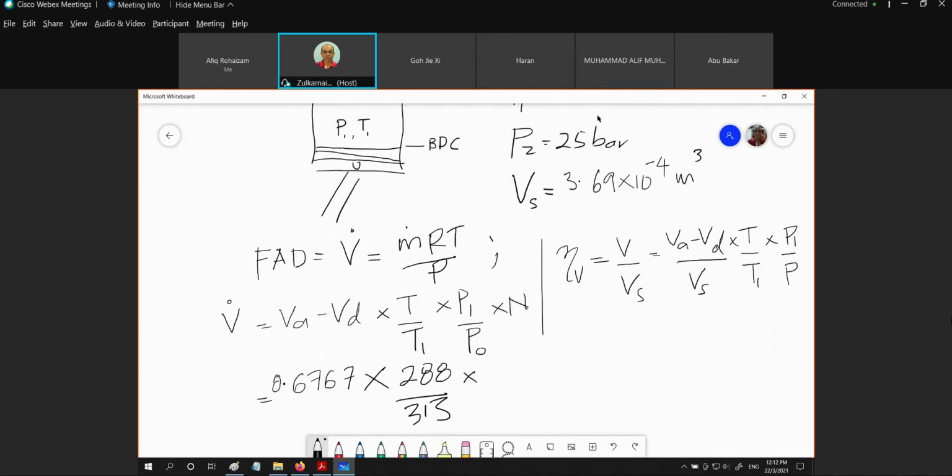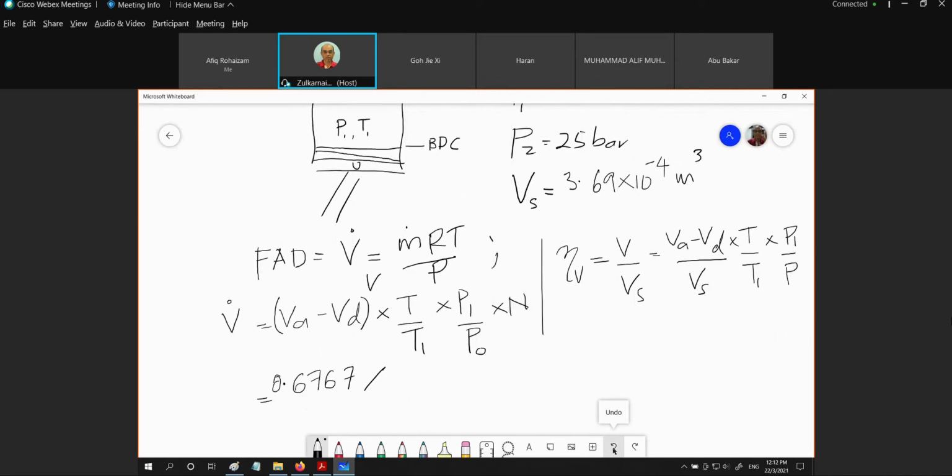Sorry, ya. VA tolak VD kalikan dengan yang 2.5. Tak, sekarang ni saya ambil untuk per cycle, saya kalikan dengan N. Jadi VA tolak VD, kalau per cycle, ada Vs. Ya, sini ada Vs. So kita kena kalikan dengan Vs. That's why dia kata gunakan Vs yang sama. Dia gunakan LD yang sama, maknanya Vs yang sama lah. Okay, so sini saya tambah